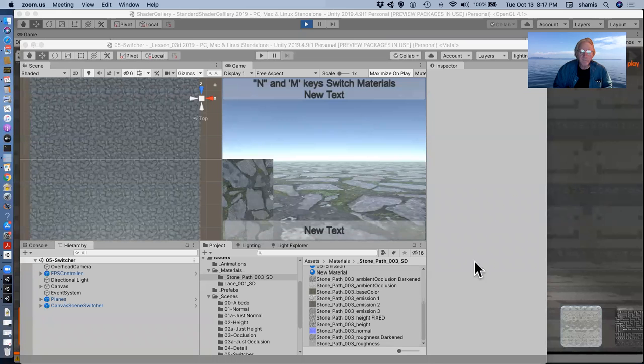Okay, I want to finish up with the standard shader. Let me get a share screen going here. All right, so I already showed you this one where